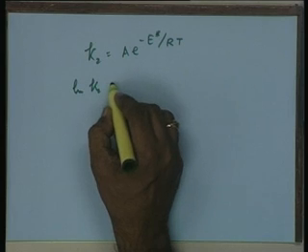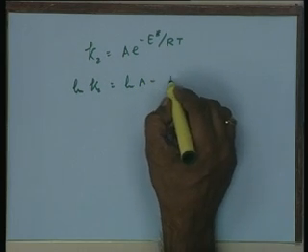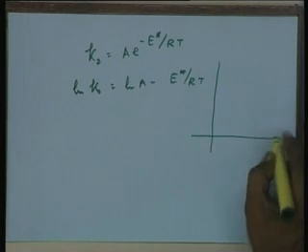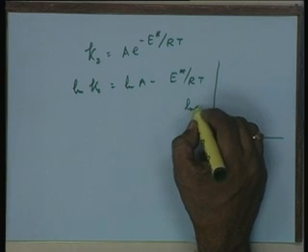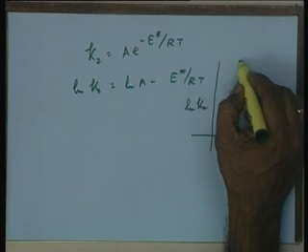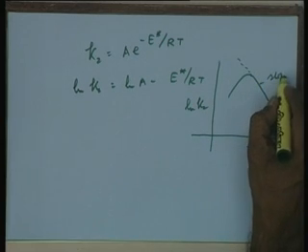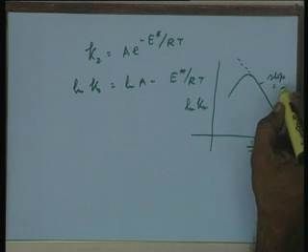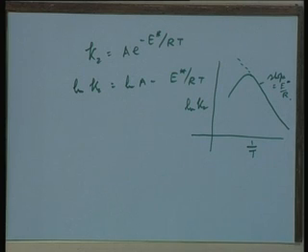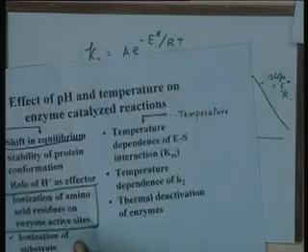ln K2 will be equal to ln A minus E star over RT, a very familiar profile. 1 upon T versus ln K2, you get a negative profile, and the slope is minus E star upon R, and that gives you the magnitude of the energy of activation for the given enzyme catalyzed reaction. So, the effect on K2, that is the turnover number, is primarily almost like any other chemical reaction.